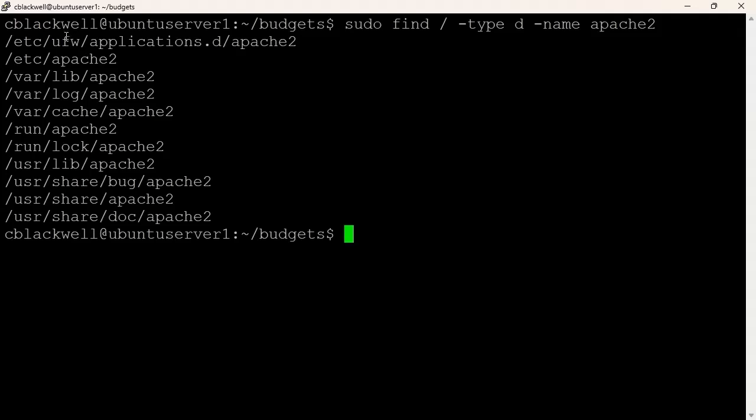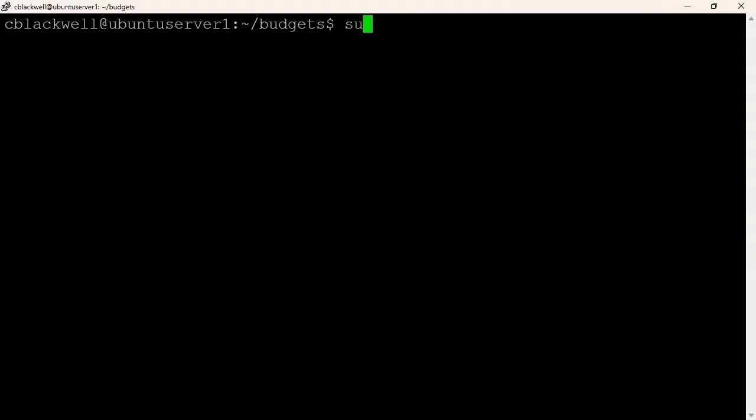Notice we've got it in a couple of places, like /etc for configuration, /var/lib for binaries related to the Apache 2 web server, /var/log for logging, and so on. As if that weren't useful enough already, we can also search based on permissions. If I were to do a sudo find of /, so from the root, -type f, so file, -perm, as in permissions. Let's say I look for